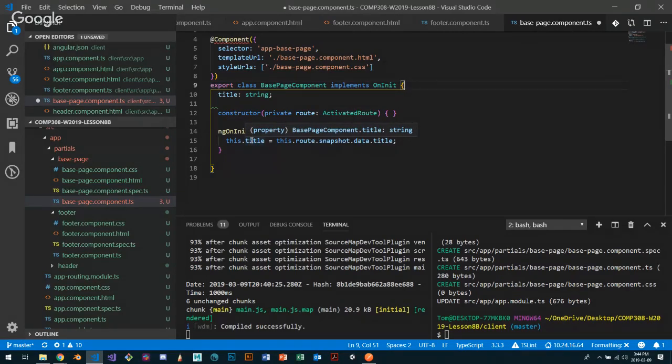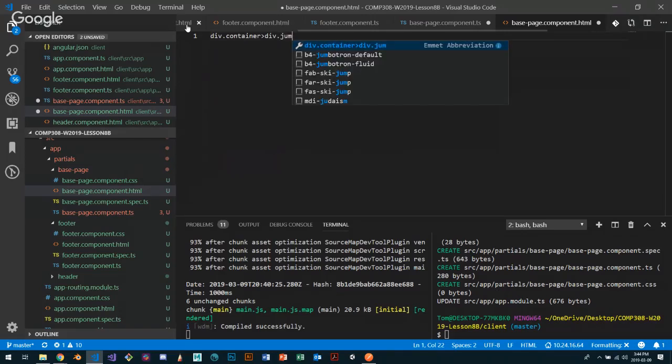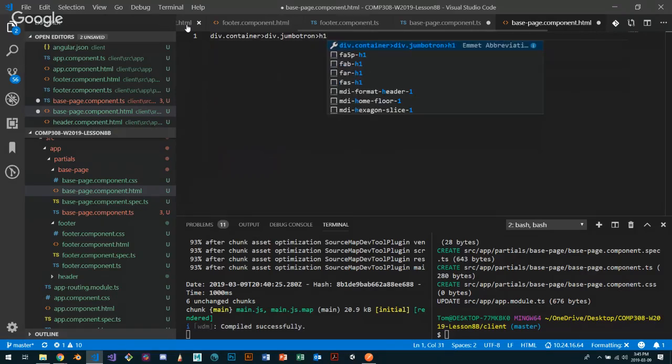Okay, are we good? Now what we can do is once we have that title, we can go back into the component and we can make a jumbotron. So we can say that we have a div with a class of container, and inside there we have a div with a class of jumbotron. Again, this is only if you like this kind of thing. And then inside of there we have an h1 tag with a class of display-4,